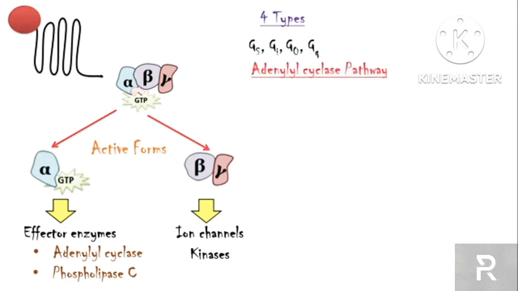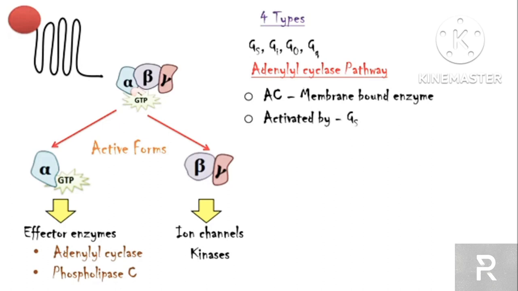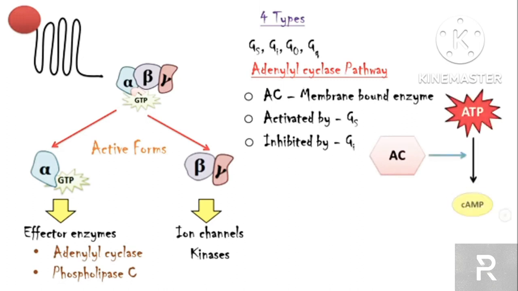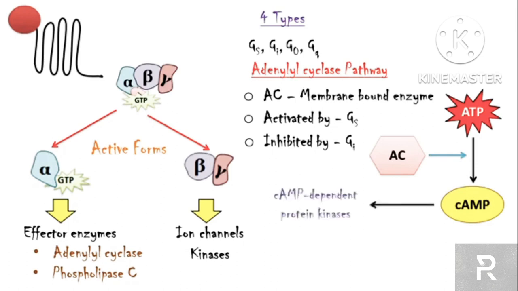Now let's discuss a bit about the adenylyl cyclase pathway. Adenylyl cyclase is a membrane-bound enzyme which is activated by G-stimulatory proteins and inhibited by G-inhibitory proteins. When activated, it catalyzes the conversion of ATP into cyclic AMP. Cyclic AMP activates cAMP-dependent protein kinases, and these kinases cause phosphorylation of certain enzymes according to the agonist molecule which